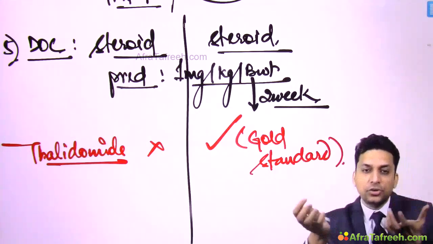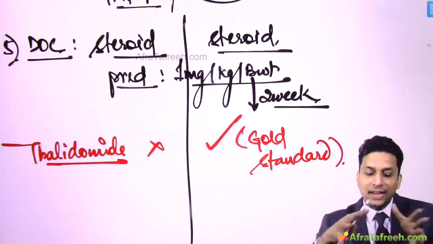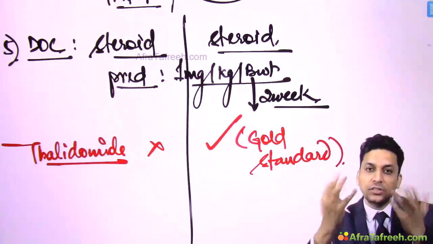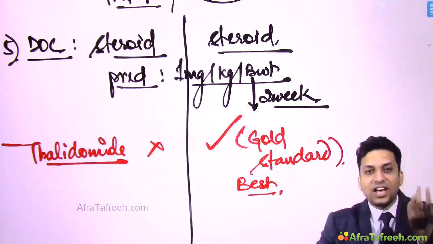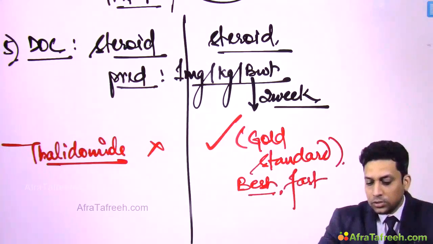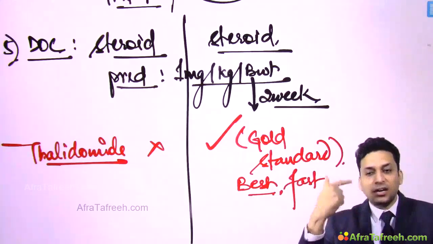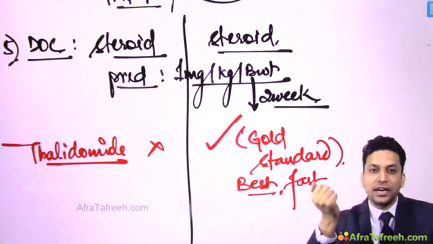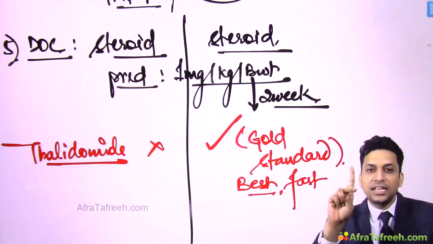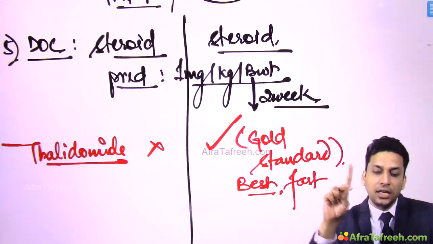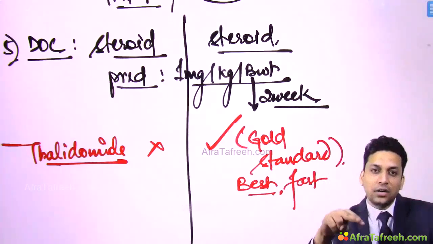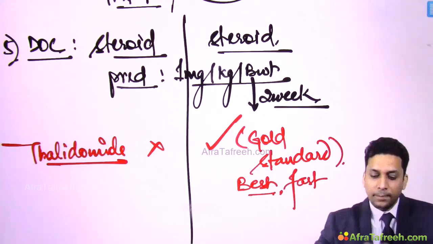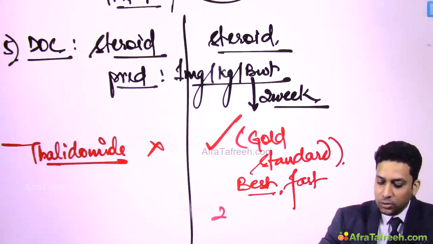So the confusion arises that if this is the gold standard and that is the drug of choice, which one to choose if they ask you which is best drug? So best drug is thalidomide. Which is the fast acting drug? Thalidomide. So thalidomide is the best drug, fast acting drug, gold standard drug, still it is not drug of choice. Why? Due to two reasons: less availability and severe side effects. So we know it is a teratogenic drug, and due to this less availability of this drug, WHO has made steroid as the drug of choice, though still the best drug is thalidomide. So if you are using thalidomide, then give in the doses of 200 to 400 mg daily.